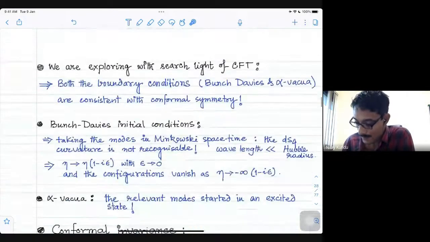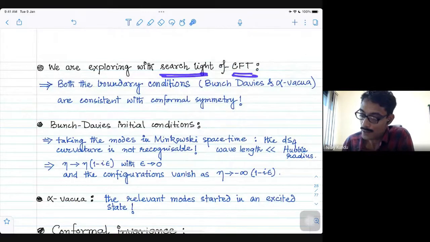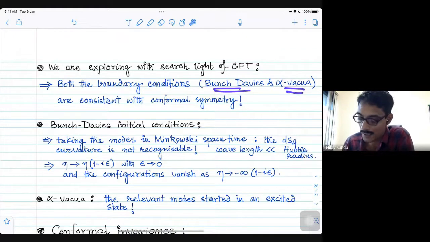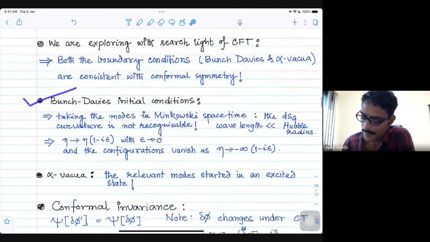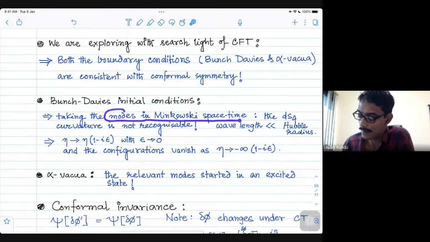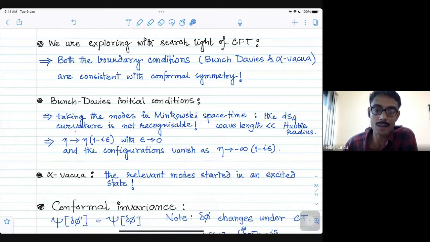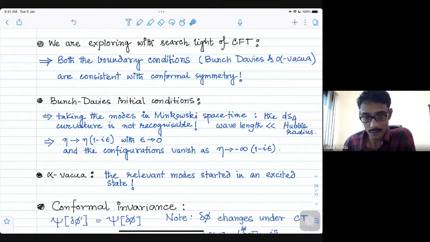So we are exploring with the searchlight of conformal field theory. Now, both the boundary conditions, this Bunch-Davies or this alpha vacua, are consistent with conformal symmetry. Both these boundary conditions are conformally invariant boundary conditions, and this Bunch-Davies initial condition is basically saying that the modes in the far past were almost behaving like they were in Minkowski spacetime. The de Sitter curvature is not recognizable for them. Basically, the wavelength of these modes, delta phi, zeta, or gamma ij, is much less than the Hubble radius, so that they cannot see that the spacetime is actually curved,